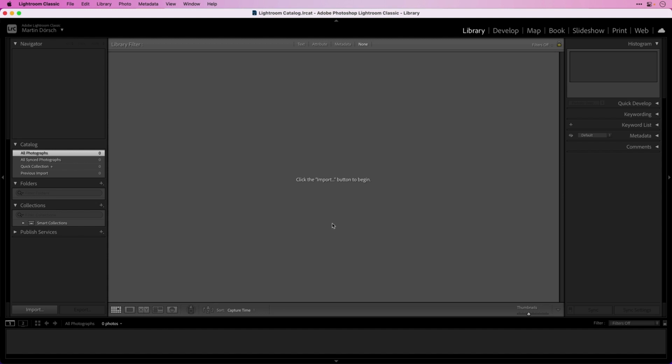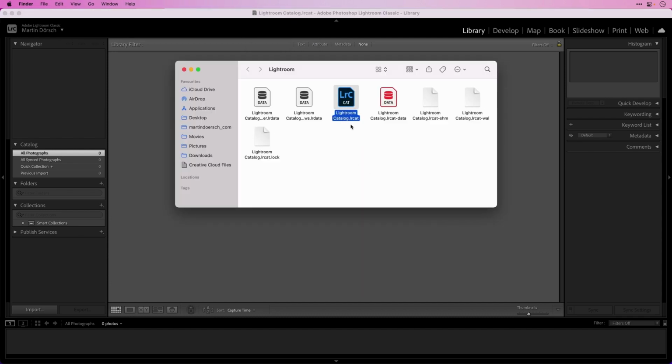So before you start, you should know what's inside the Lightroom Classic catalog, and I will show you what I mean with this. So I open it by pressing the Command key here on the Mac and I go to the destination. Normally it's in your user account under Pictures and Lightroom. And herein you see the LRCAT file, and this is the Lightroom catalog where all your information is stored.